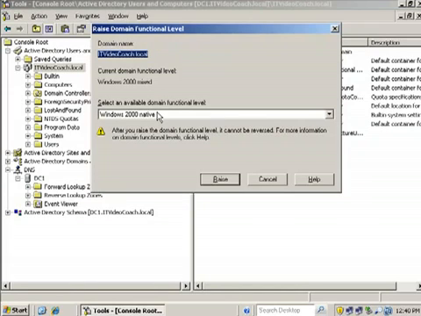to native. Now what mixed means is that we possibly still have some NT4 backup domain controllers. Now you probably don't have any NT4 backup domain controllers, or at least we hope you don't. It's possible that you may. If you do, you need to get rid of them, and then you can raise your domain functional level to